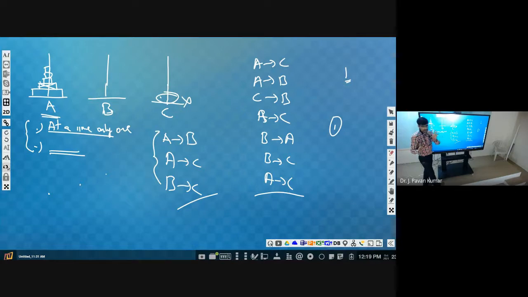That's for sure. One more observation we can make: in order to move the largest one from here, can we have any other boxes on A? No. So we should not have any boxes at C, and we should not have anything other than the largest one at A. So where should we have these? B only. There is no other option. We should use B.